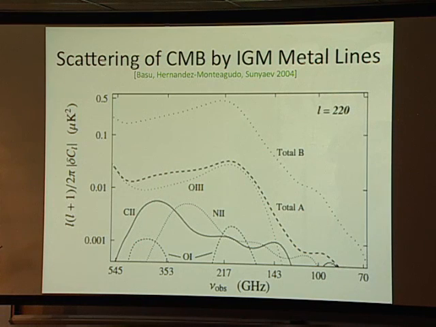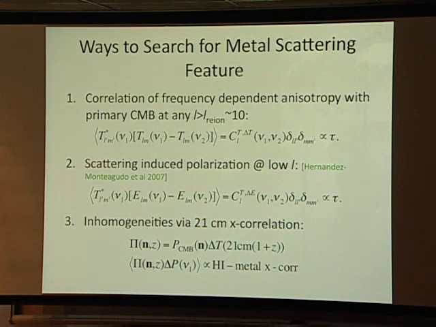So if you were to observe something like this, what you'd be seeing is some combination of the metal enrichment history of the IGM, the ionization history, and the mix of metals, all superposed. So it could be an interesting job disentangling that. How might one disentangle it? Well, sort of three ideas come to mind.